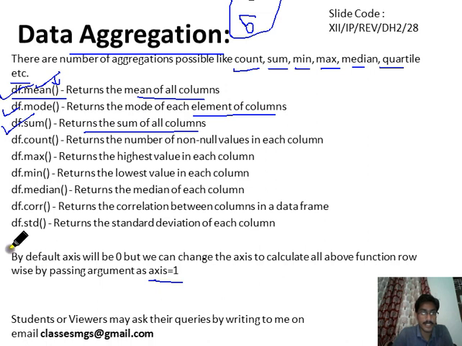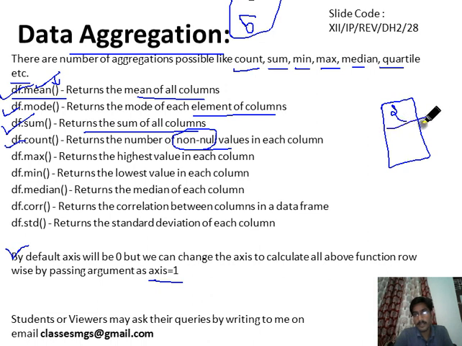Okay, so I have added this line at the bottom. df.count will return the number of non-null values. Keep this in mind, non-null values only. If there is a NaN in the data frame and you are applying df.count, and let's suppose the data frame has a column like this, 2, 3 and NaN, then df.count will print 2 only, not 3, because it will count only non-null values.